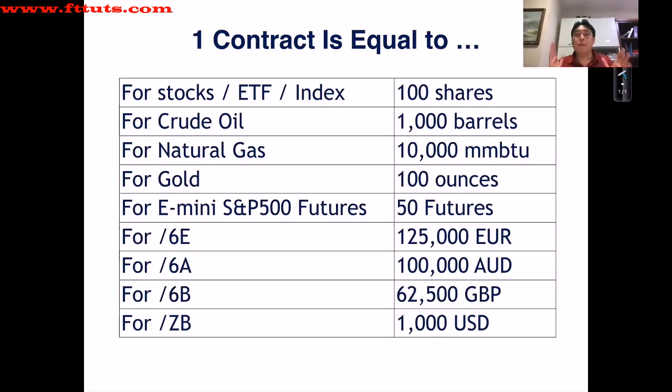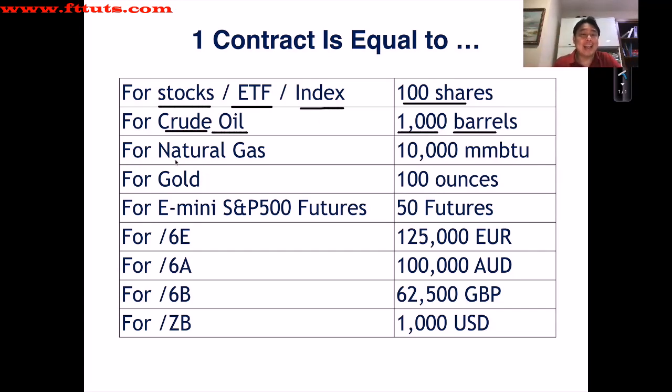All right, so before we move on to the strategy section, you have to know roughly when you trade an option, how big is a contract. So I've mentioned before that one contract equals 100 shares. Now that applies to stocks, ETFs, and indexes like the S&P 500 or the NASDAQ. Now, if you're trading futures like crude oil, which is one of the favorite things that we trade, one contract equals 1,000 barrels of crude oil. Don't worry, they won't actually deliver the oil to your house.